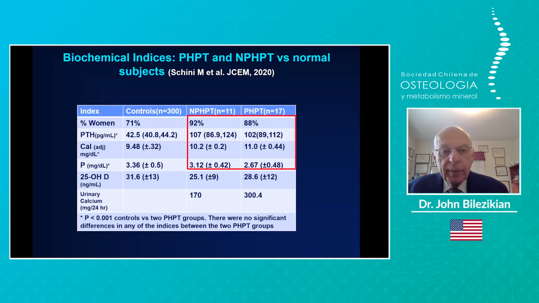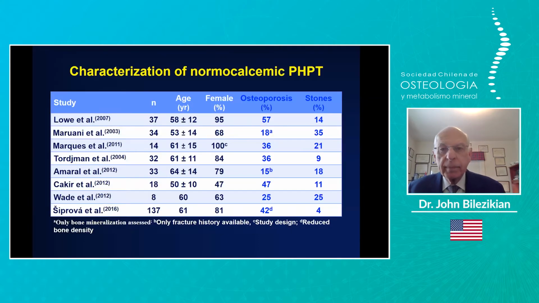And that is specifically with regard to the parathyroid hormone level, the serum calcium, the phosphorus, as well as maybe the 25 hydroxy vitamin D. Notice that urinary calcium excretion in the normocalcemic group is much lower, but not statistically lower than the group with hypercalcemic primary hyperparathyroidism. Again, as I alluded to, this normocalcemic group does have issues, and I've just highlighted the